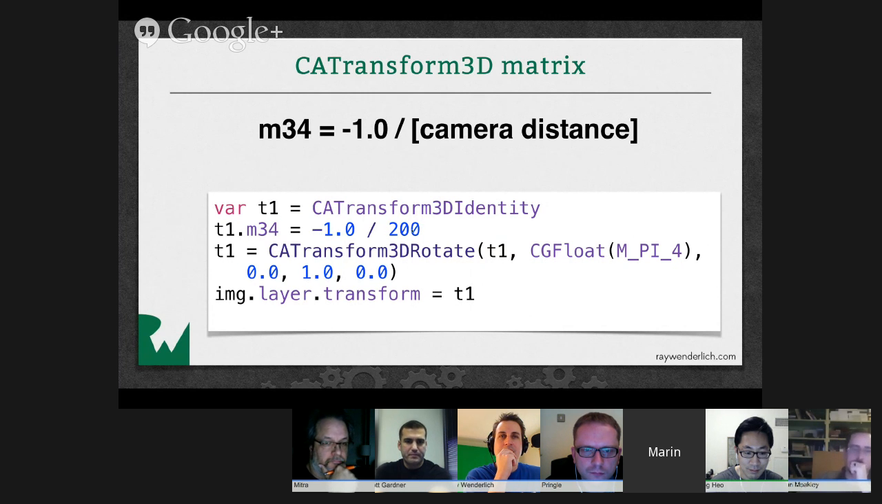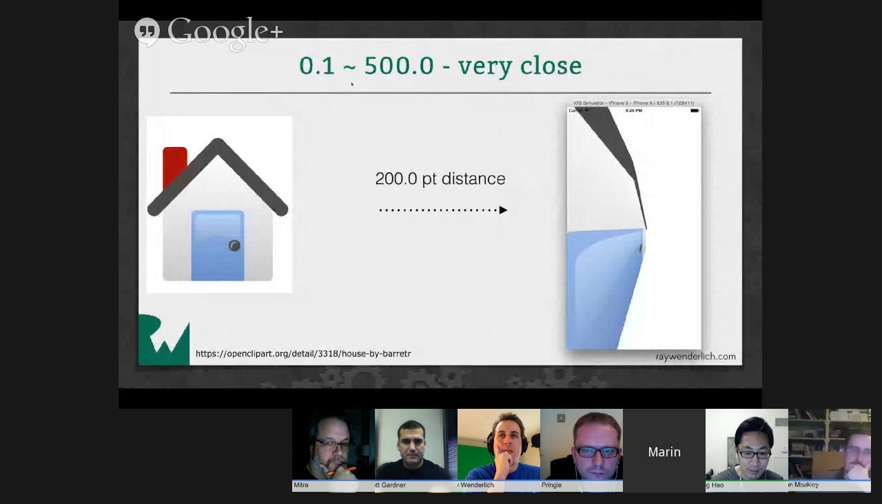So -1 over the distance. For example, if you use a distance of 0.1 until about 500, that works for the current generation devices' screen resolutions. So this is a very close distance to the camera. It gives you a very stretched, very distorted, very strong perspective. It would be like, if this image on the left is the house, if you put your head right next to the wall, your whole viewport will be basically taken by the house's wall, and it will be so distorted,